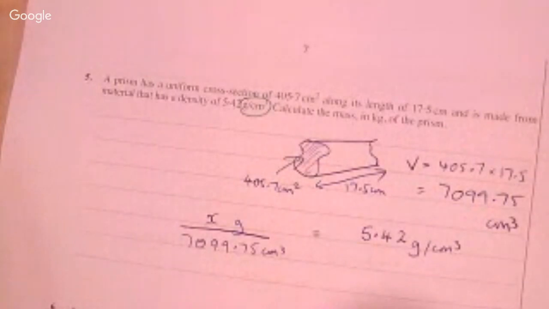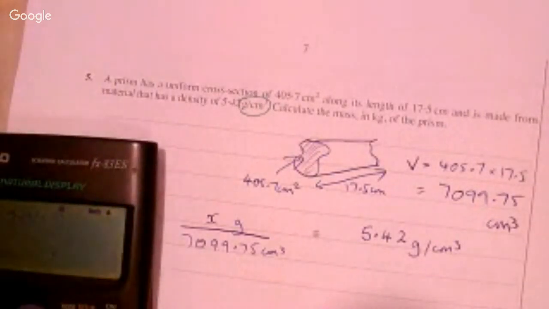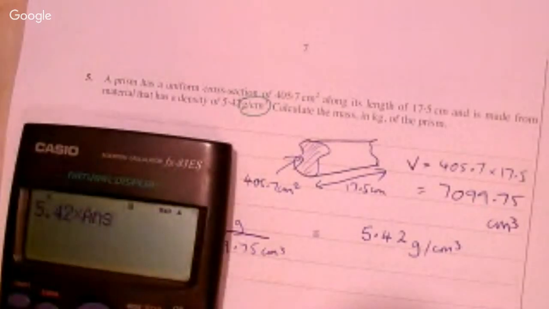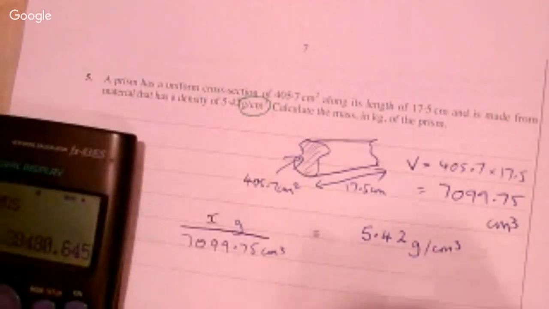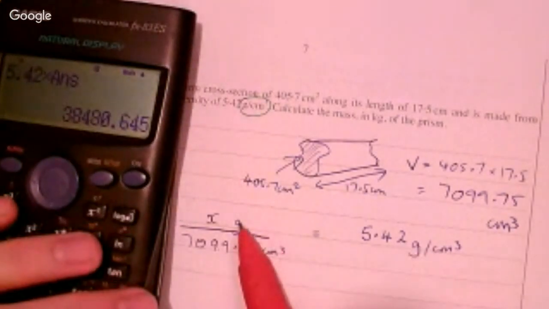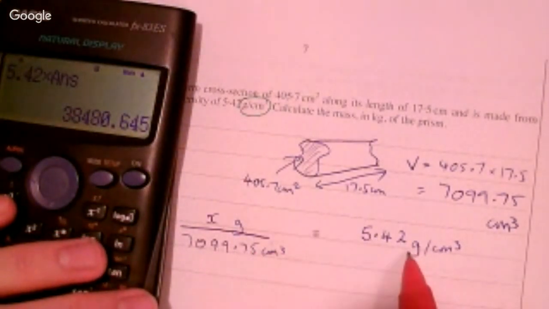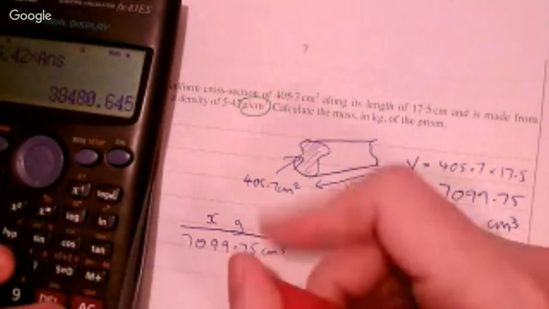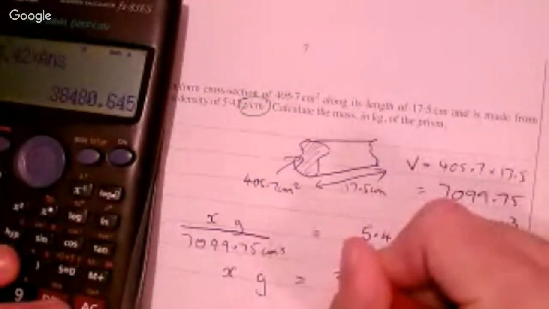So basically, to work that out now, I need to do 5.42 multiplied by the answer I just achieved, and that gives me the answer 38,480.645. So that should be enough to get me the answers. Just checking the mark scheme. We need to turn it into kilograms eventually, don't we? So the reason why I times by that was because that's currently a divide, so I need to bring it around here because I'm saying that divided by that is equal to that. So when that divide goes round, it becomes a times. So x grams would be equal to